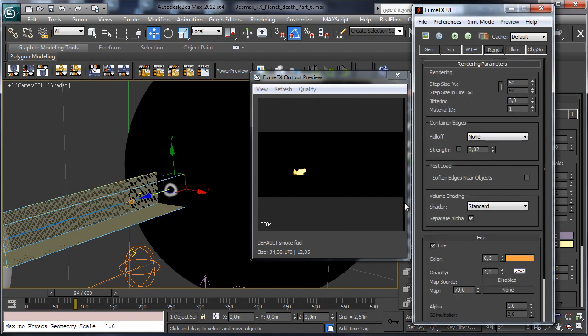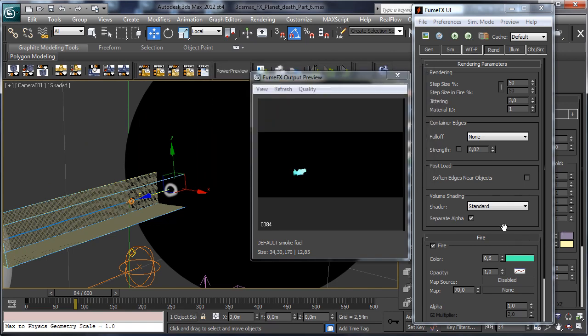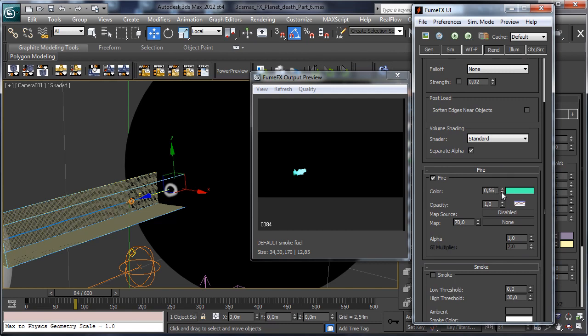Let's see in the rendering, and let's see what happens for the first time if we have a different color. Let's say a little bit, let's try with 0.35 and 0.5, there,